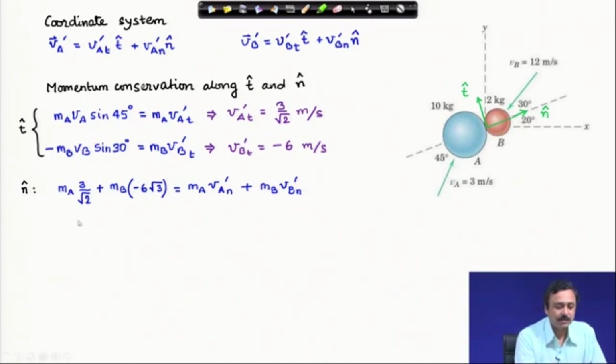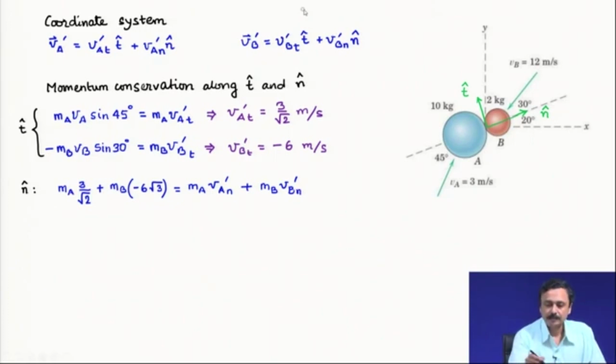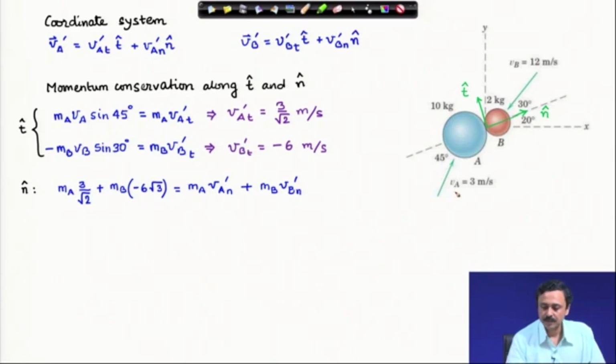Because right now this first term is the linear momentum of particle A in the normal direction, and if you look at the figure, this is V A, this is 45 degree, therefore V A cosine 45 in the positive n cap direction, multiplied by mass of particle A,